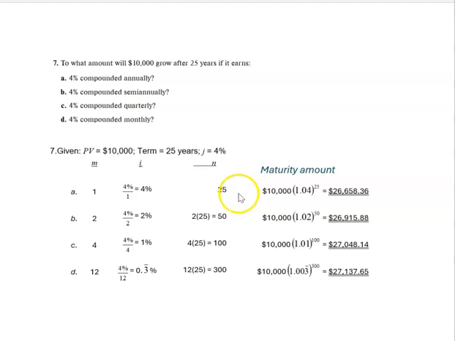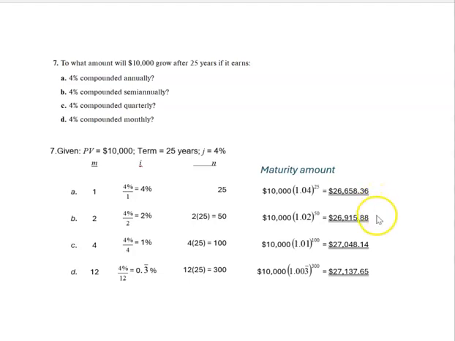Then in order to come up with your n, you're going to take the number of years and multiply it by the m, which is the number of compounding periods in a year. So therefore your n is going to be 25, 50, 100, and 300. You're going to put that in your equation because those are the exponents. And for A, for 25 years compounded annually, you're going to have